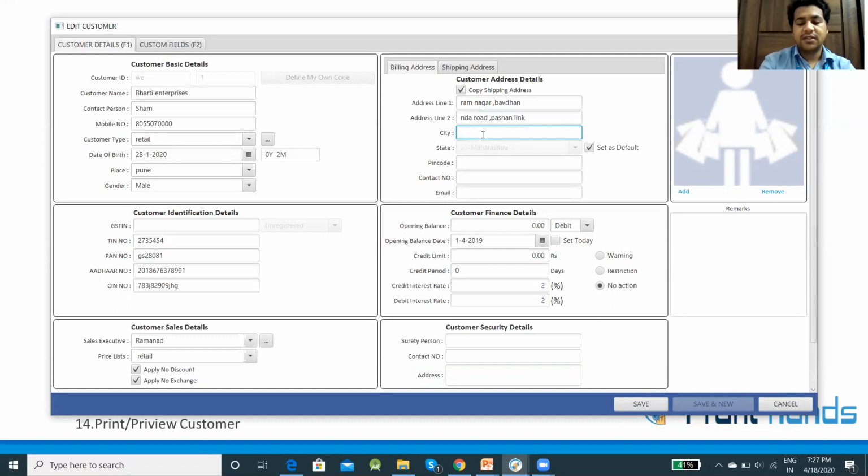You can put the city. You can mention the state. If GST was there, it would have come automatically. So here you can select the state, the pin code, and the contact number which you want to print on the bill.